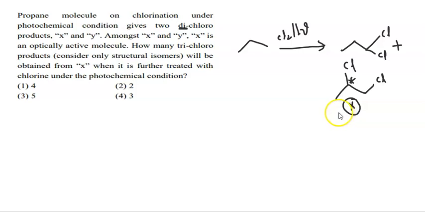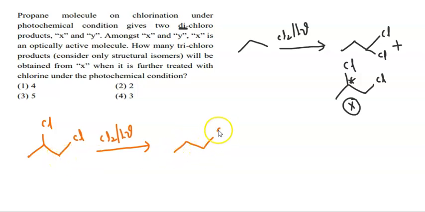How many trichloro products, considering only structural isomers, will be obtained from X if it is further treated with chlorine in the presence of photochemical conditions? For example, if I am going to take the dichloro optically active compound, 1, 2, 3, and here it will be Cl, and here it will be another Cl, which is reacting with Cl2 in the presence of sunlight. This particular hydrogen is replaced by chlorine. This is one trichloro product,